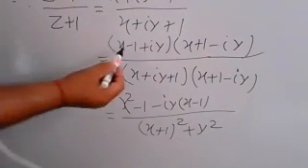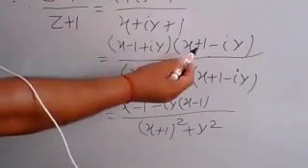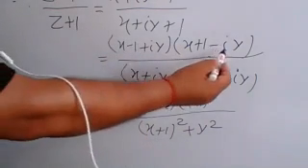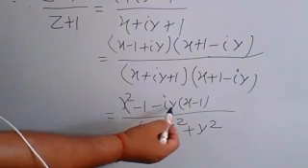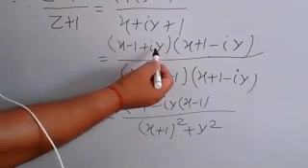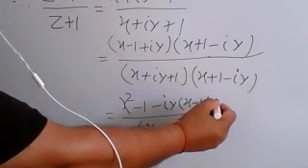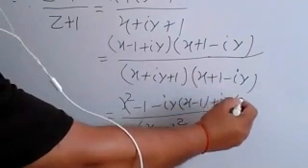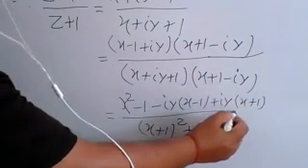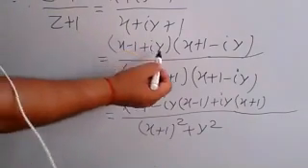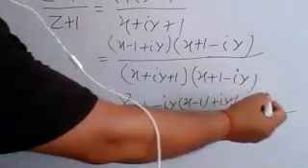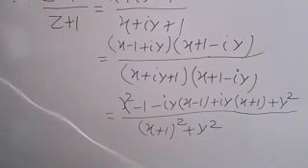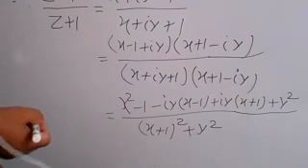Note that step. First you multiply x minus 1 with this one, so you have x square minus 1, and x minus 1 multiplying with minus iy gives minus iy times x minus 1. Now here you multiply, so you have plus iy into x plus 1. And here iy into minus iy becomes plus y square. So here you have plus y square. Okay, note those steps.